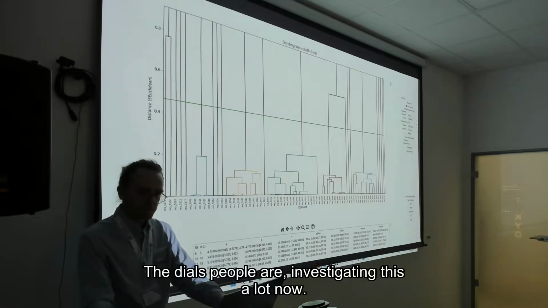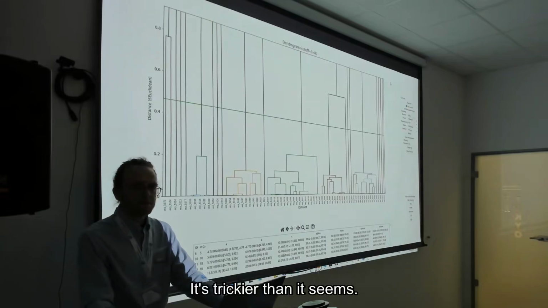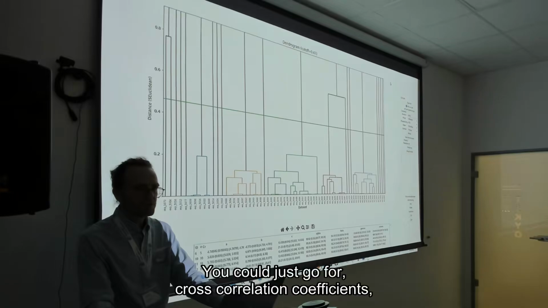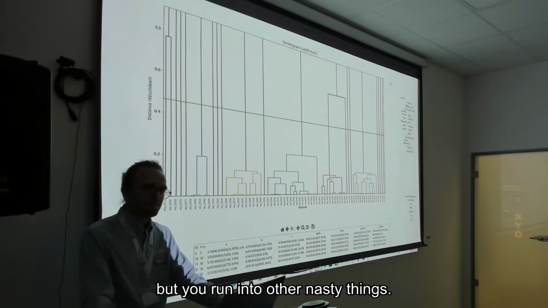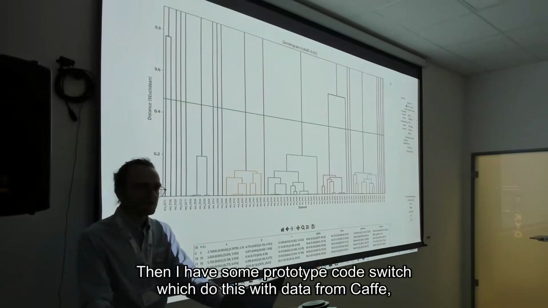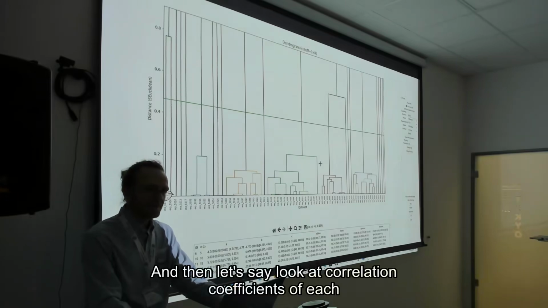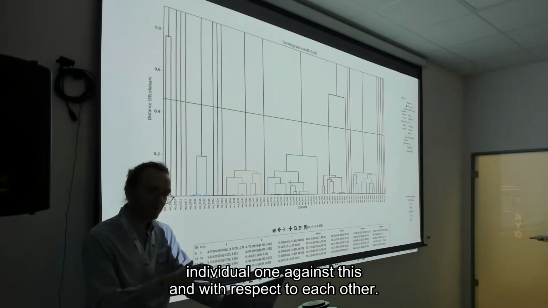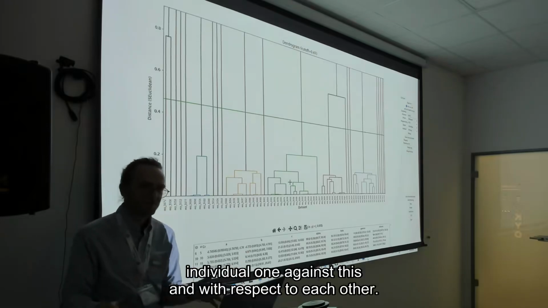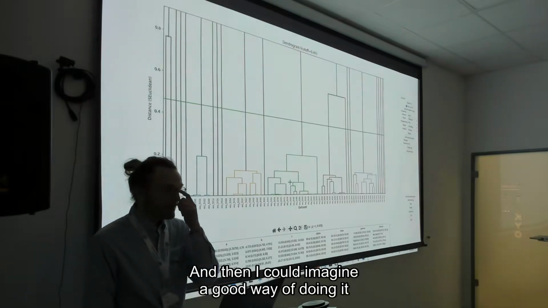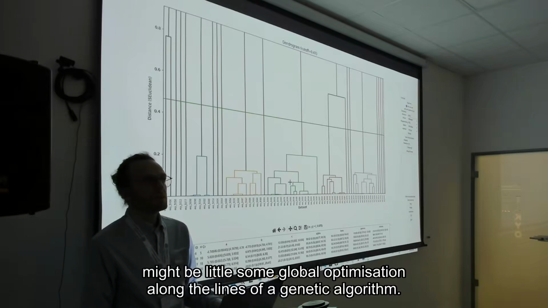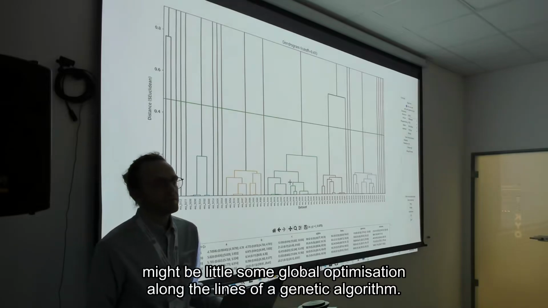Yeah. The DIALS people are investigating this a lot now. It's trickier than it seems. Yeah, for the intensity-based merging, you could just go for cross-correlation coefficients, but you run into other nasty things. I have some prototype code which does this with data from CAP, which first does a scaling of all of them together, and then looks at correlation coefficients of each individual one against this and with respect to each other. And then I could imagine a good way of doing it might be some global optimization